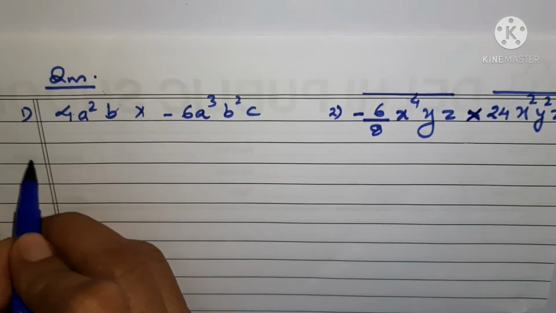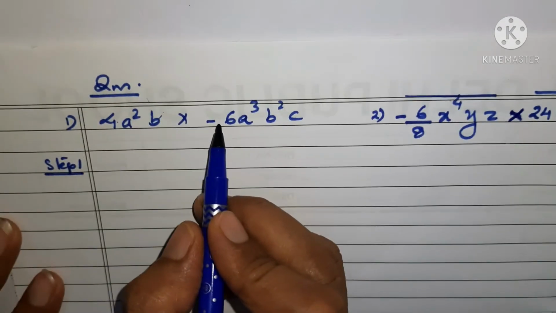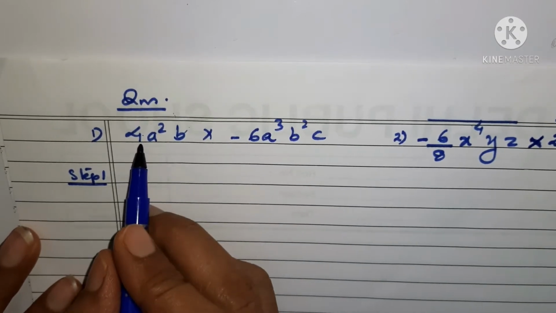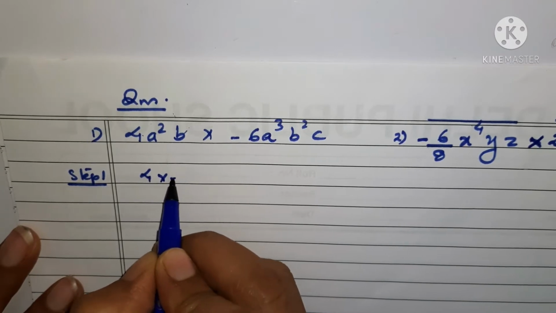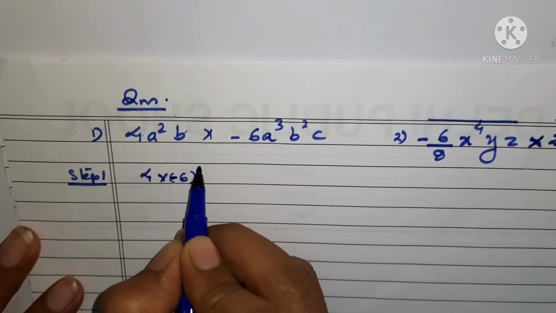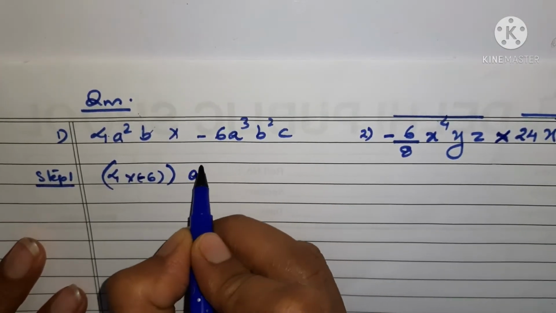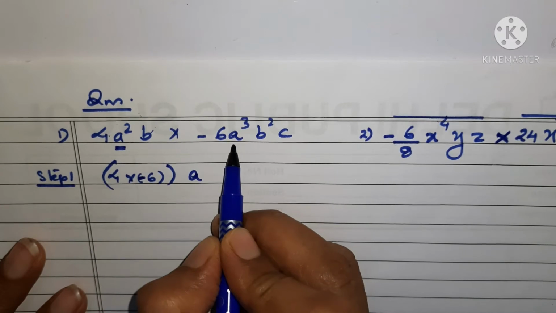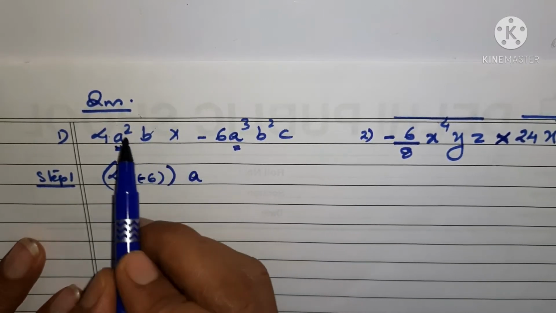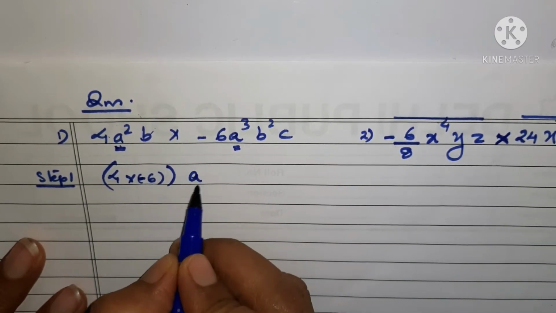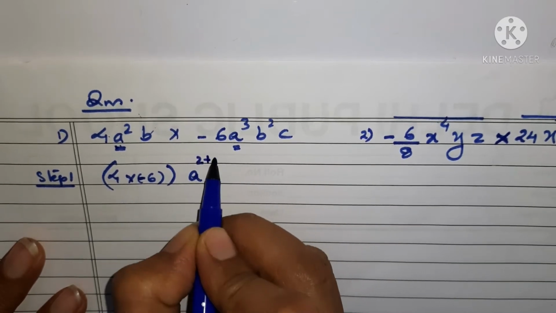What is our first step? The first step is step 1. We have to multiply the coefficients, numerical coefficients. So let's start with numerical coefficient. Here it is 4 into minus 6. So you will do 4 into minus 6, and this will be in one single bracket. Okay, then what, you will keep the a, you can see that this is a square and this is a cube. Since the bases are same here, variables are same here, what we are going to do, we will just add the powers. So a will be written here and powers are going to be written in the addition form here.